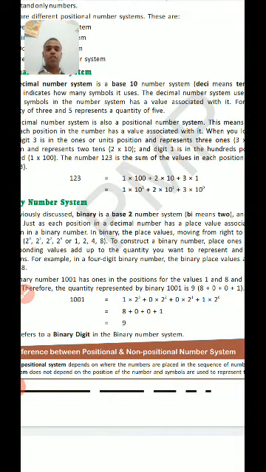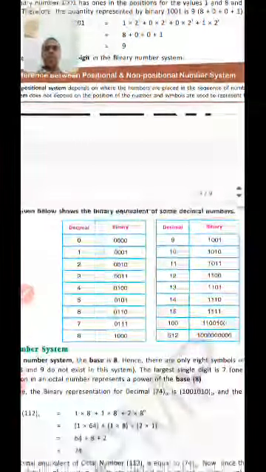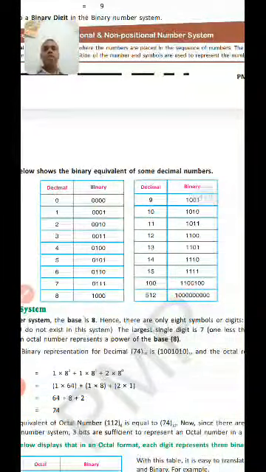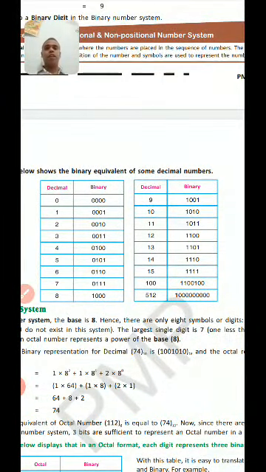Okay, now next, here we can see in this table that in this column there is the decimal and on the other side there is the binary. So in the decimal number system we are using 0, 1, 2, and if we convert it to binary, we should keep 4 bits. It is mandatory to use 4 bits for converting decimal to binary, as in the table given below.